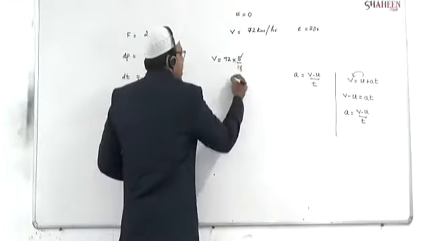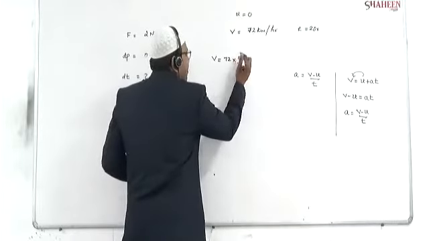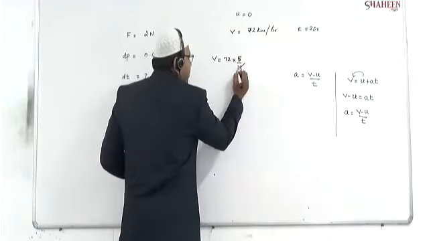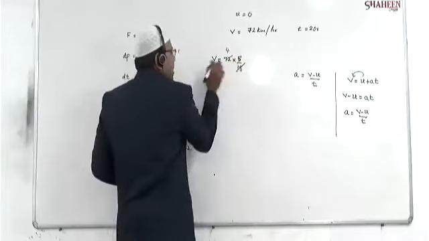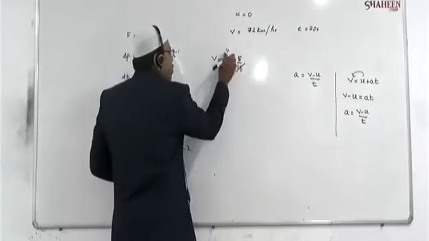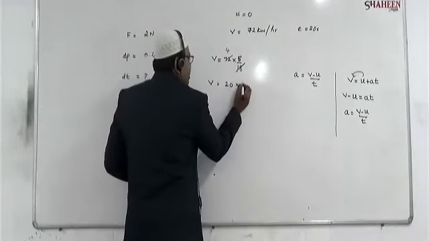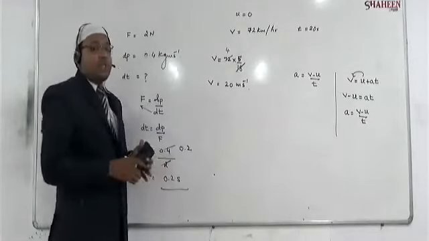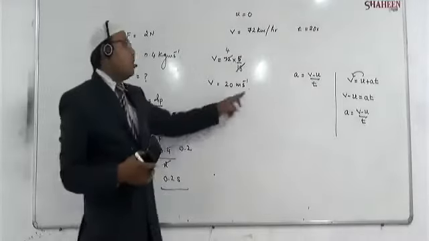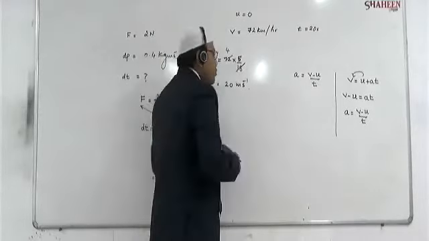So this 5 we keep as it is. This is 18 one time and 72 is 18 four times. Exactly 4 times it will get cancelled. So 4 into 5, that is 20. So this is 20 meters per second, beta. So how much velocity has been acquired here? 20 meters per second. Now let us go for the acceleration.